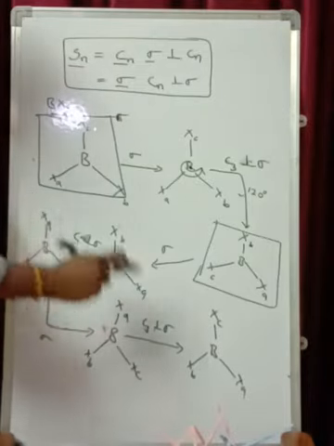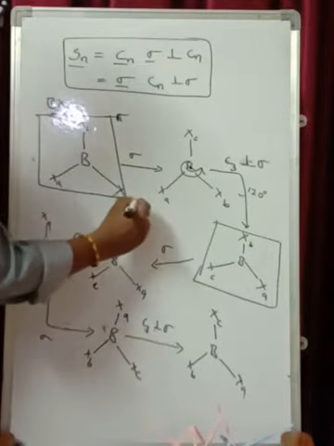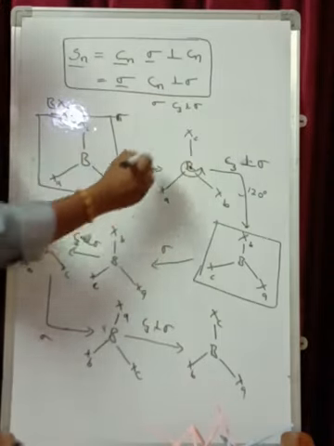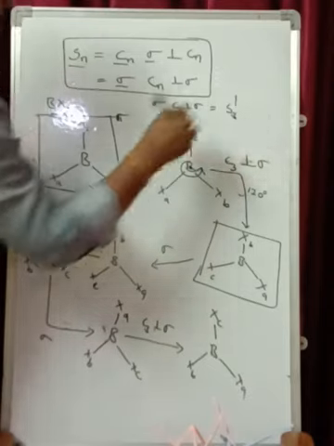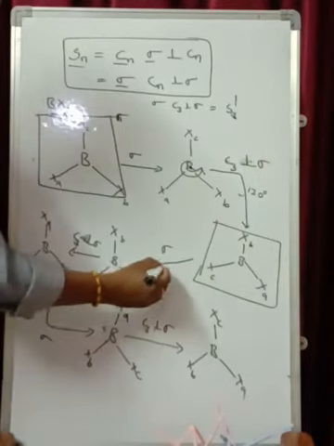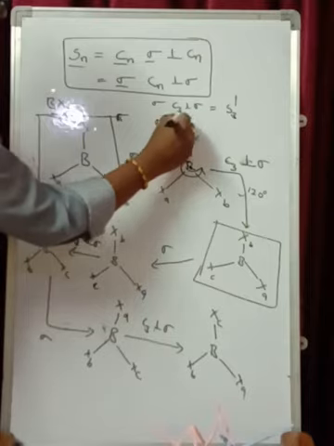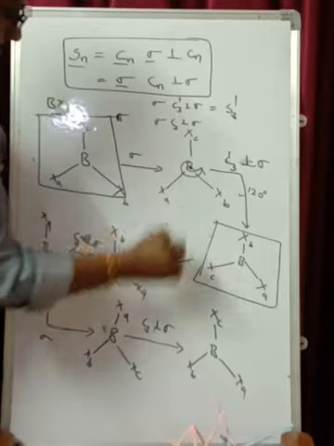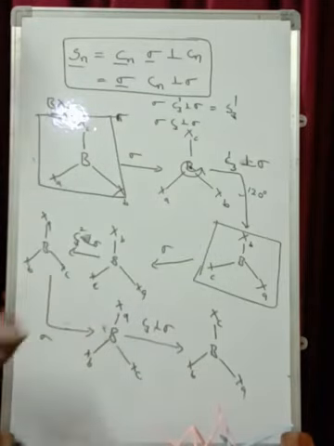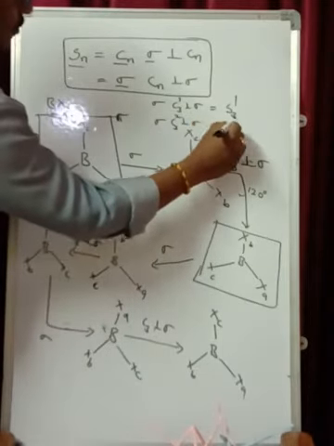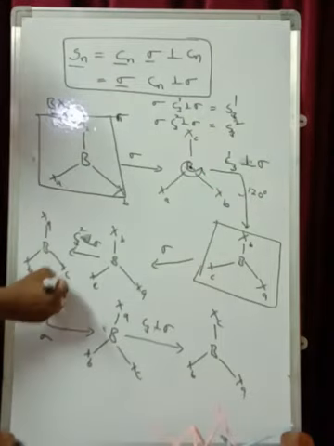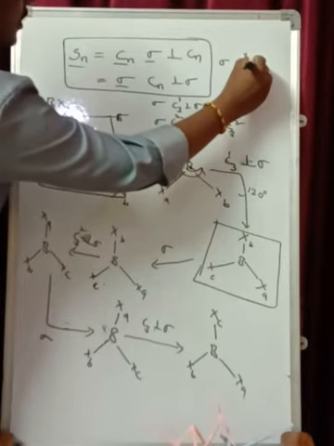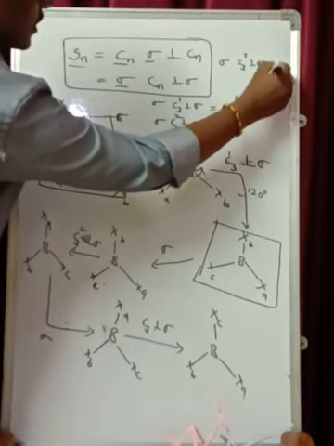Now this is done how many times? 3 times. For the first time it is sigma followed by C3 perpendicular to sigma. This will give you what? S31. Again sigma followed by C3 perpendicular to sigma. So you have done C31, right? For the second time it is called C32. C32 will give you what? S32. Again it has been repeated. So sigma followed by C33 perpendicular to sigma will give you what?